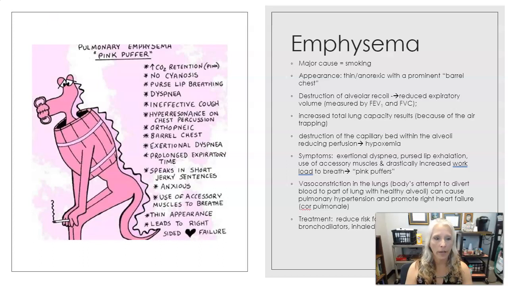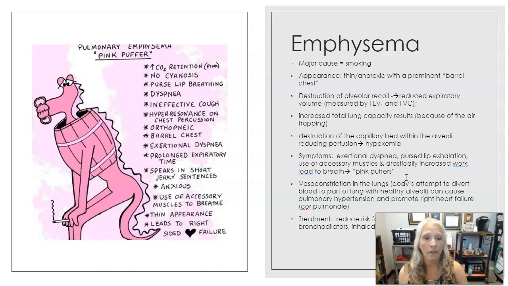Another thing you'll note with these patients is that they have an increased workload with breathing. They've got lots and lots of dyspnea, but just the work of breathing alone is very, very difficult for them. They're frequently called pink puffers. So emphysema and the pink puffer means they're not really cyanotic. They've got some oxygen because of the air trapping, but the workload and the use of their accessory muscles to breathe, the barrel-chested appearance,